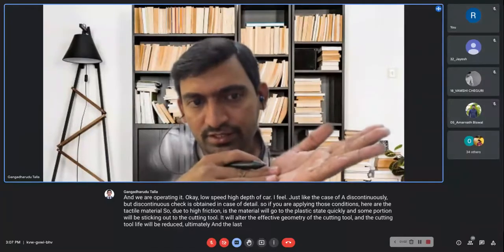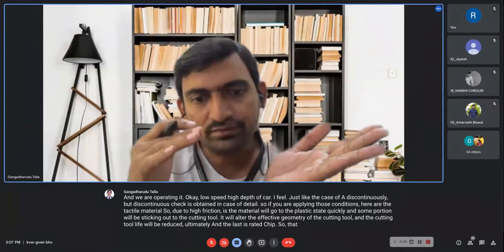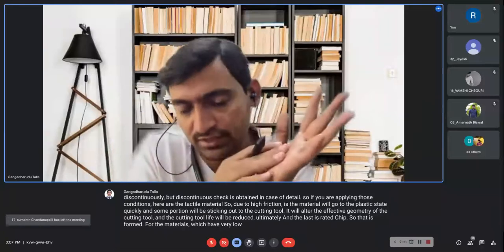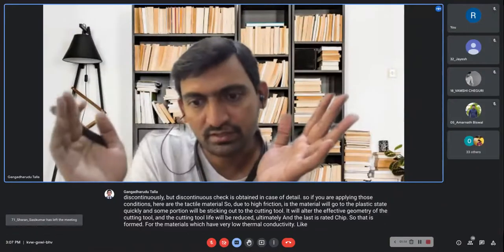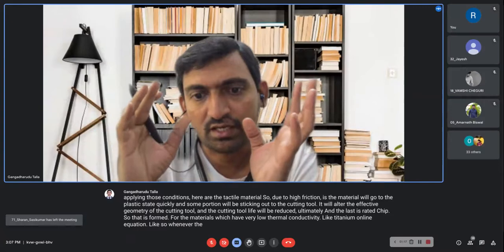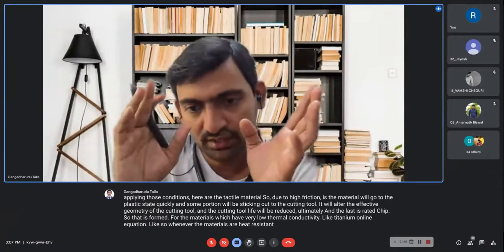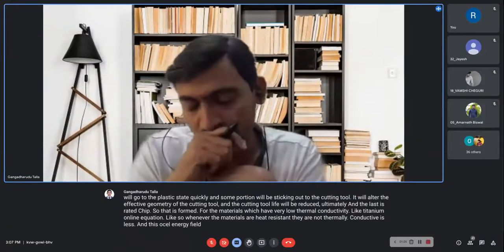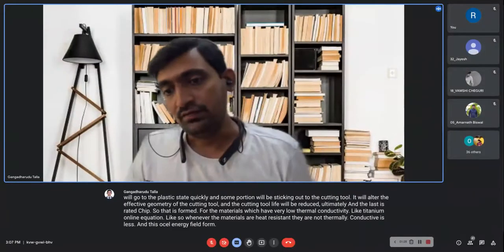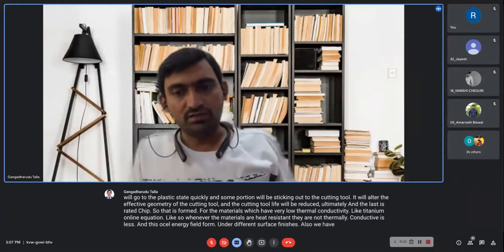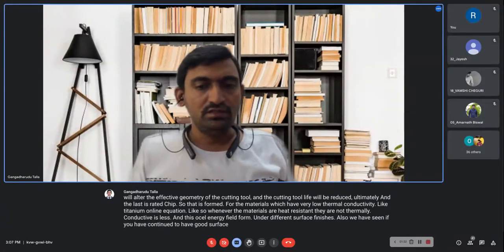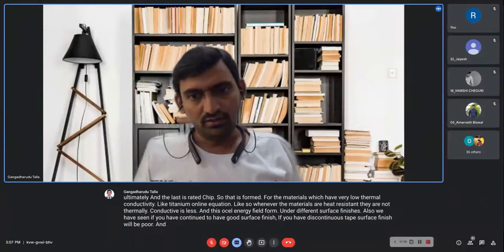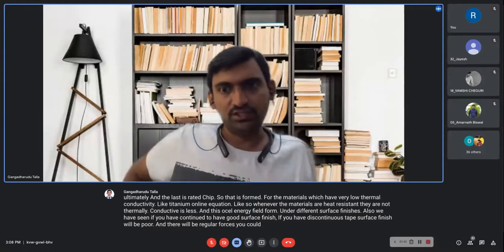And the last type is the serrated chip. That is formed for the materials which have very low thermal conductivity, like titanium alloy, nickel-based alloy. So whenever the materials are heat resistant, they are not thermally conductive. If thermal conductivity is less, then this serrated chip will form. And the different surface finishes also you have seen. If you have continuous chip, you have good surface finish. If you have discontinuous chip, surface finish will be poor and there will be irregular forces, or forces will fluctuate,